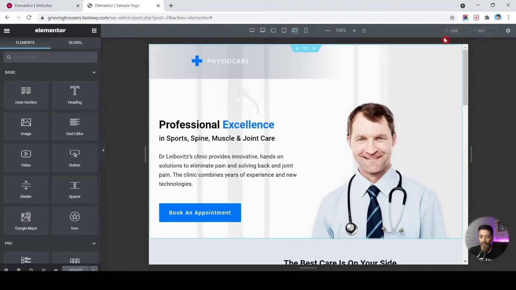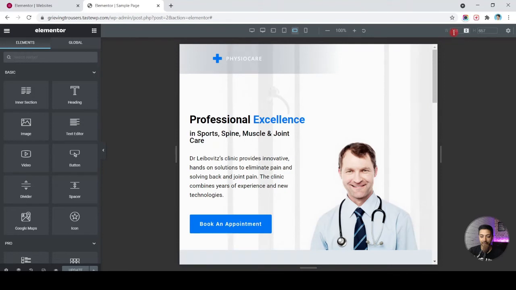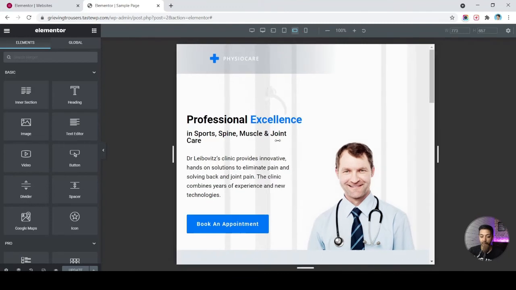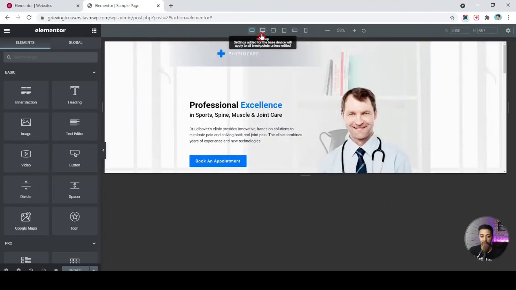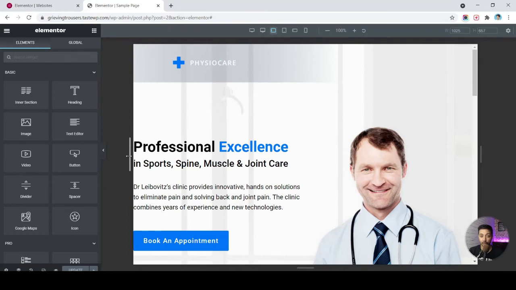So on the top right corner, if you see the width as 950, if we go ahead and shrink it down, it stops at 768 because our default mobile breakpoint is set to 767. A breakpoint will only work until and unless it's not conflicting with any other breakpoint. So while setting these breakpoints, maybe the custom one or the native one, you need to make sure that the dimensions are not overlapping. So that's how you will be able to use that properly.